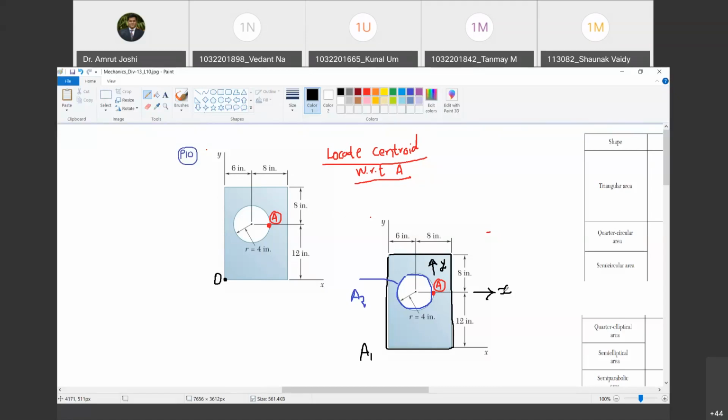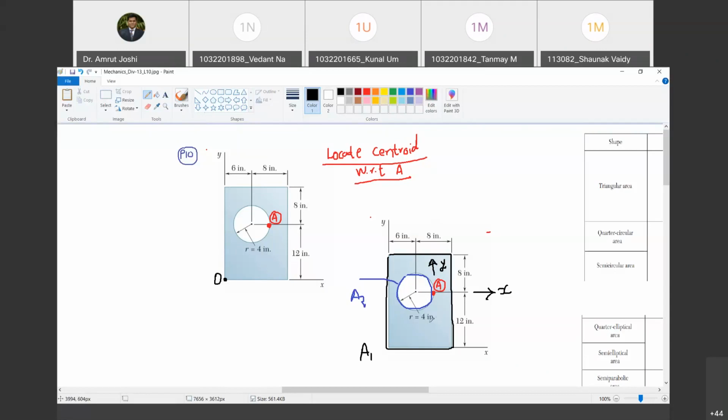So the x-axis passes through A and the y-axis passes through A; the y-axis towards up is positive, and the x-axis towards right is positive. There is one more change here. All the dimensions are now given in inches. So we will work everything in terms of inch. The radius of this circle is given as 4 inch.